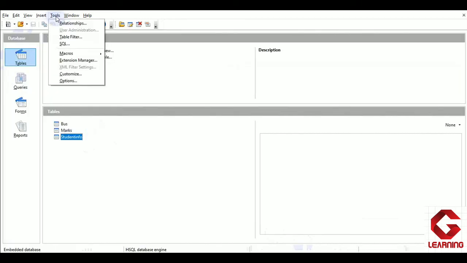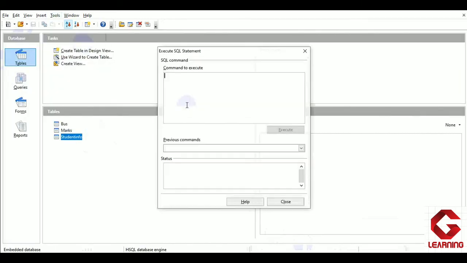Here again the tools tab, and in the tools tab, SQL, and I am going to write the command now. So update, table name is student info, then set color equals purple.